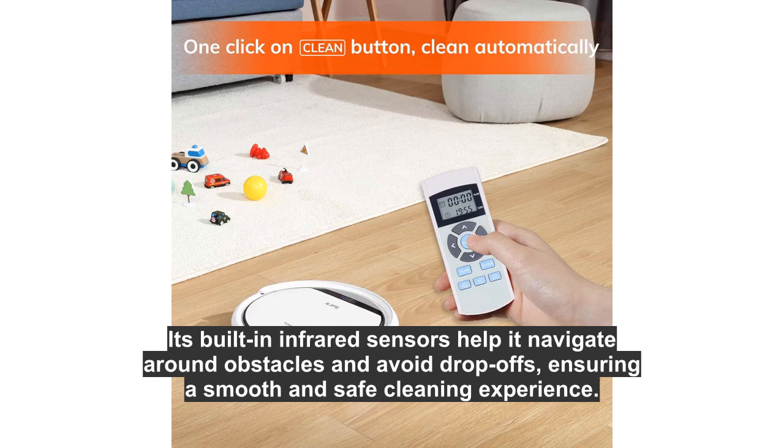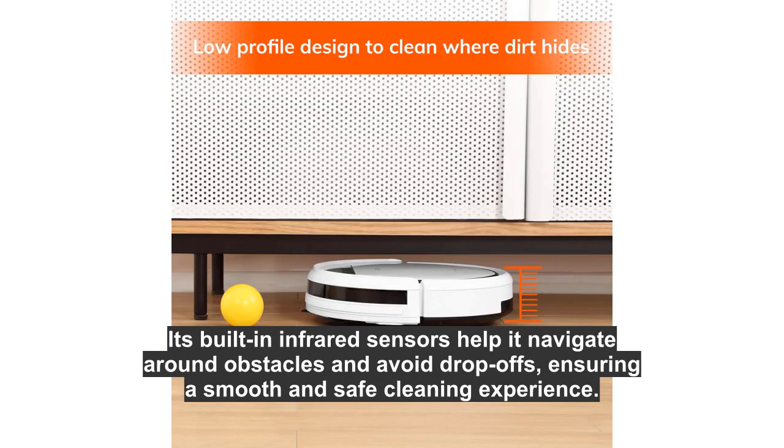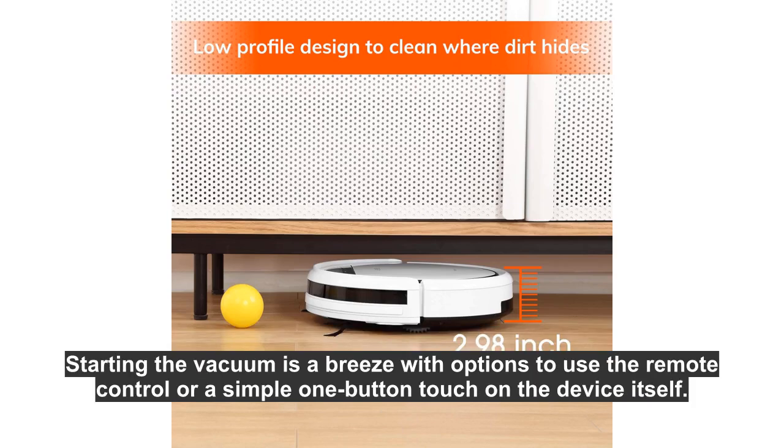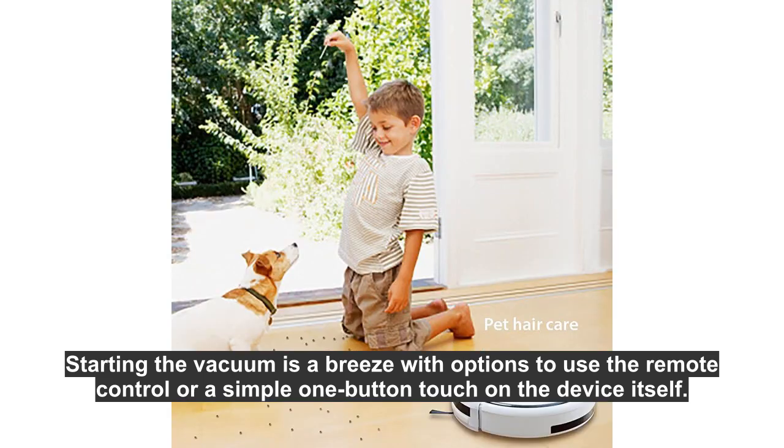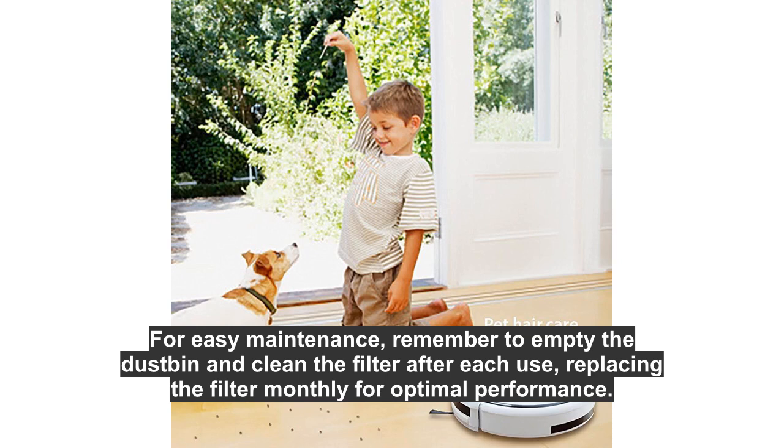Its built-in infrared sensors help it navigate around obstacles and avoid drop-offs, ensuring a smooth and safe cleaning experience. Starting the vacuum is a breeze with options to use the remote control or a simple one-button touch on the device itself. For easy maintenance, remember to empty the dustbin and clean the filter after each use, replacing the filter